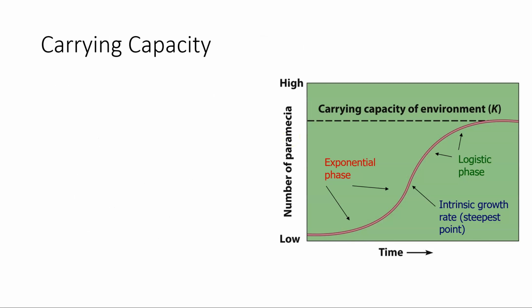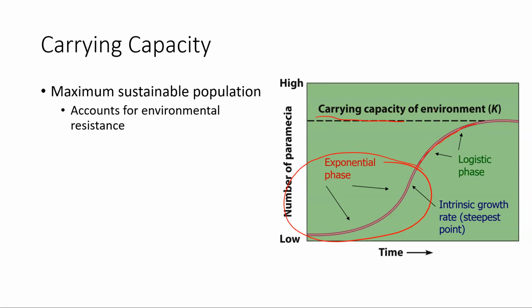All right. Now, the next term I want to introduce, and this is topic 3.4, which is carrying capacity. All right. So we have our exponential phase, before environmental resistance kicks in. Then environmental resistance kicks in, and we get what we call the logistic phase of growth. So it's sort of like the opposite of exponential growth. And then eventually, a healthy population growth curve will level out at what is called the carrying capacity. So the carrying capacity means simply the maximum